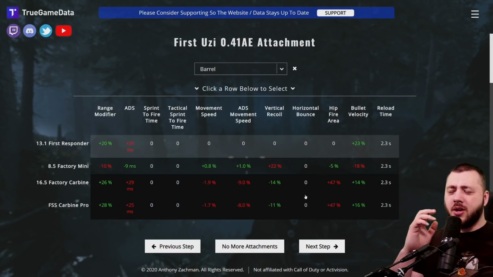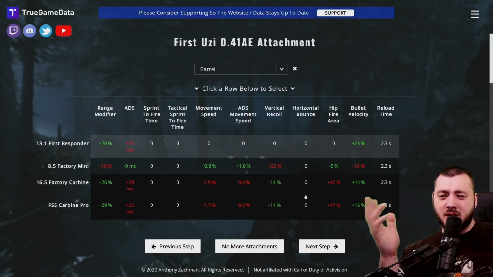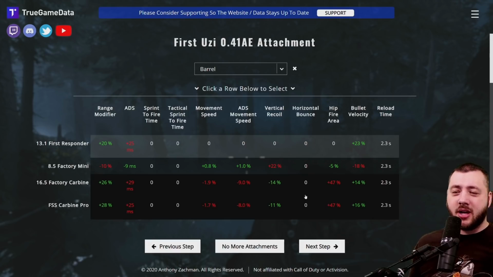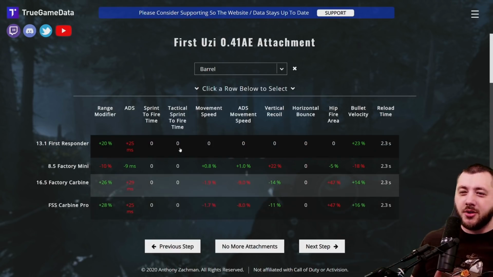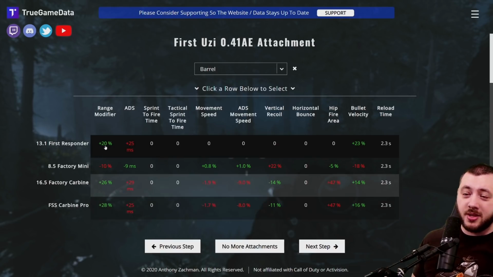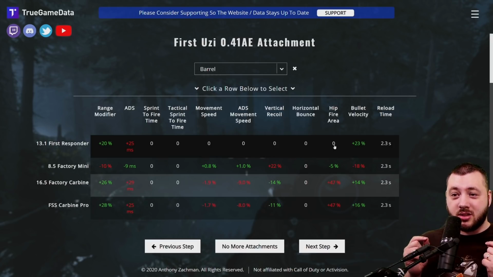Now we would say, hey Pony, you're planning to play this gun together with the sniper. So why would you care about hipfire spread? Realistically though, if you pair a gun with a sniper, it's also your close quarter combat gun. And if we look at the first responder barrel, which is really the trick here, it adds plus 25 milliseconds ADS time, still plus 20% range, and also more bullet velocity actually,